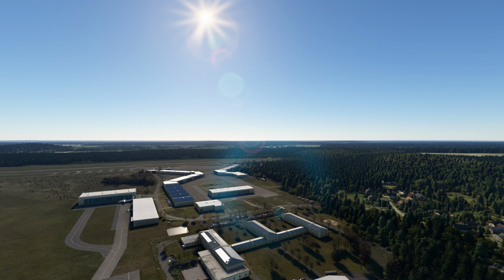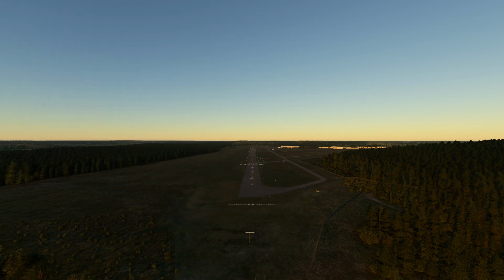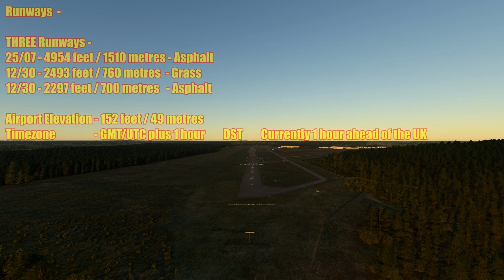Let's have a look at the runway situation here. Okay, runways. So I've lowered the lighting now. It's actually early morning, 7:30 AM, just to give you a good look at the runway and the lighting system that's available. So Schönhagen Airport operates 3 runways. The main runway that we're looking at now, runway 2507, measures 4,954 feet or 1,510 meters and is made from